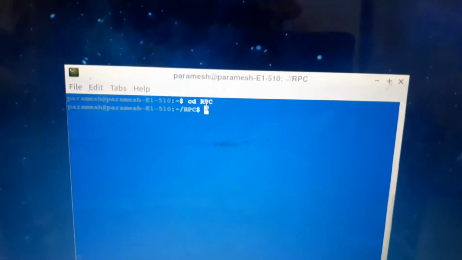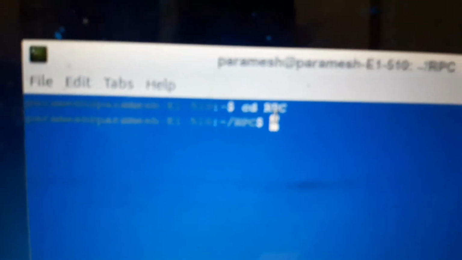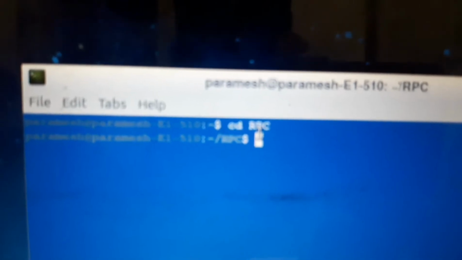For that we have to enter cd space. There I had given the folder name as capital RPC. We have to give the name as it is. If it is caps, we have to type caps. Here it entered into the RPC folder.